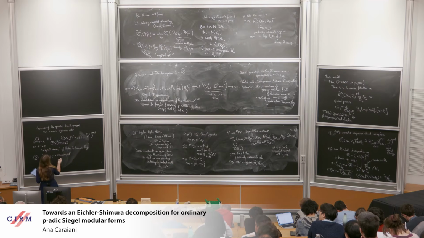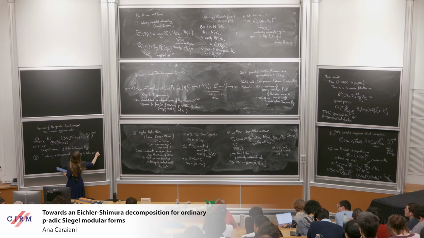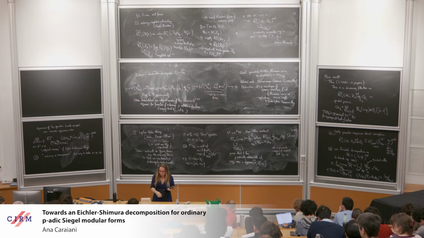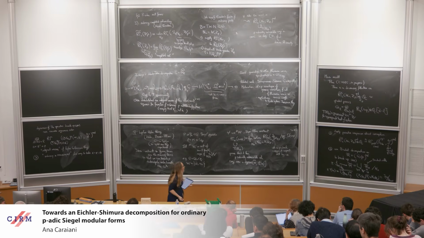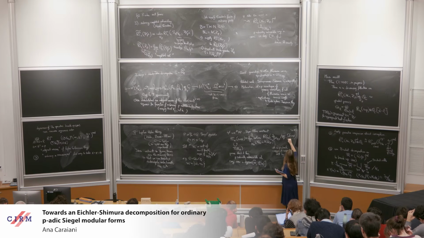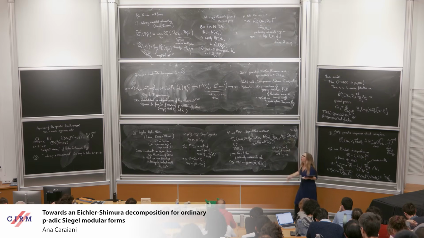So you want to find some way to take, and if you can do that, then essentially you can go to some formal models, and at least you would get something that's concentrated on the Igusa tower, and maybe inside, instead of this sheaf, you could have some sheaf of nearby cycles,